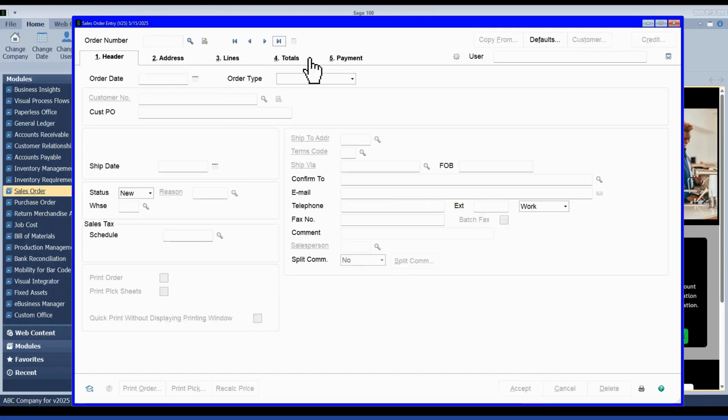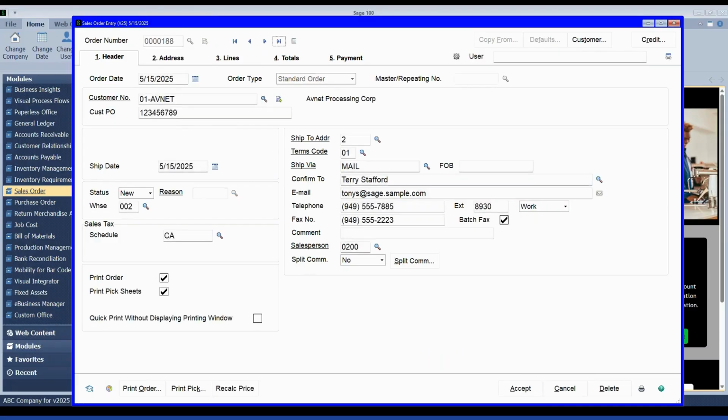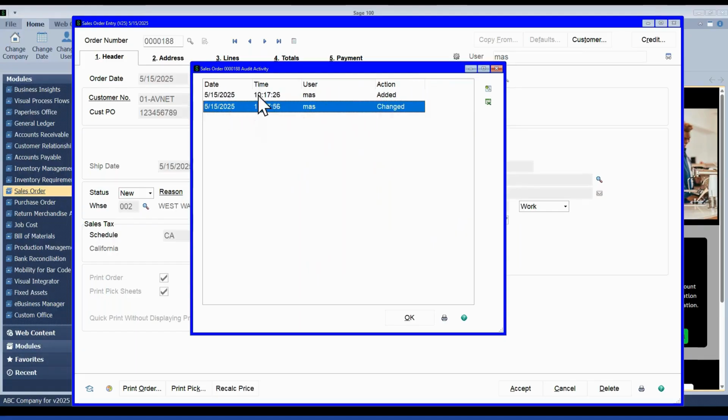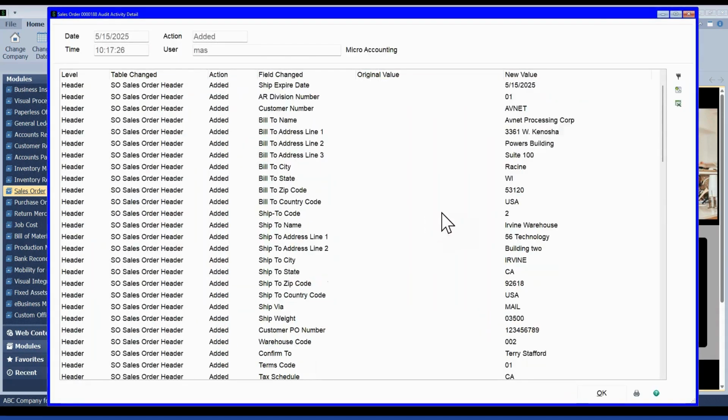and look at the audit trail for this record, you've got two options. So on the order screen, there's a new little settings gear up here next to the username that made the order, which is for the audit viewer. And so I can take a look here and see if the order was added, here it was changed, and I can drill into either of these. So here's where I'm at when it's in detail.